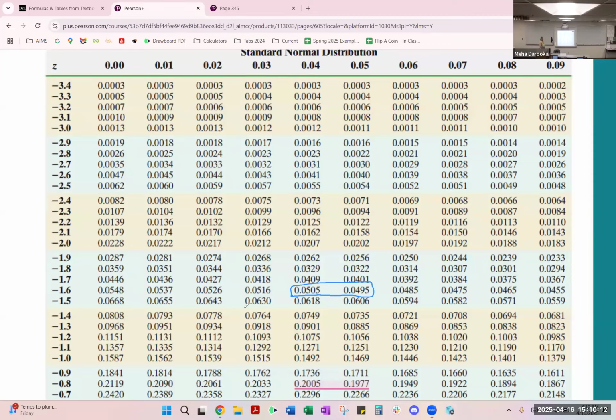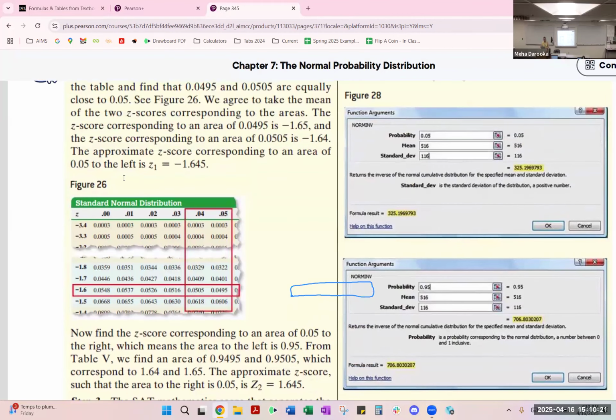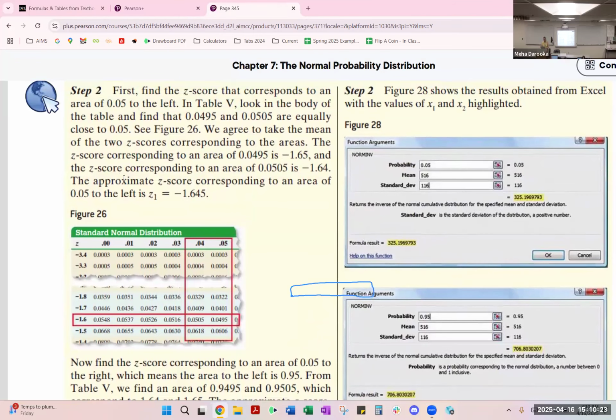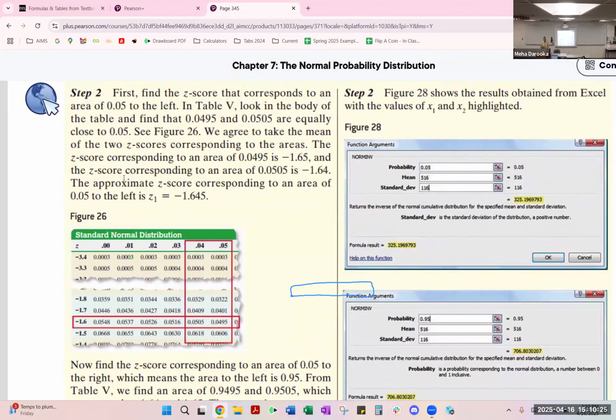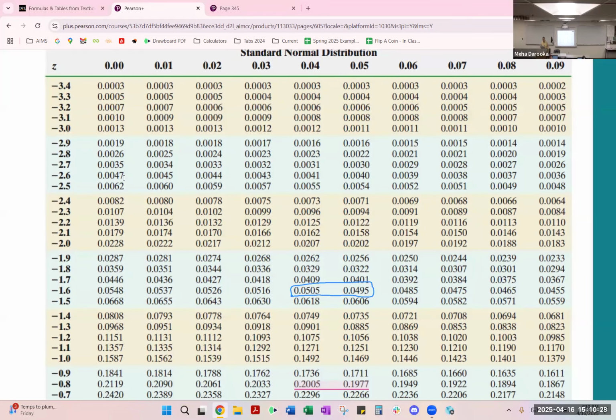So normally, what you do is you take the average of the two z-scores, which is the normal practice. And then what is your textbook? Yeah, you're taking the mean of the two z-scores. So as you will see, the two z-scores will come out to be, on the left-hand side, we have negative 1.6, and then of course we have 0.04 and 0.05. So your two z-scores are going to be